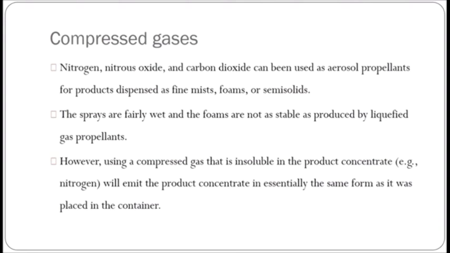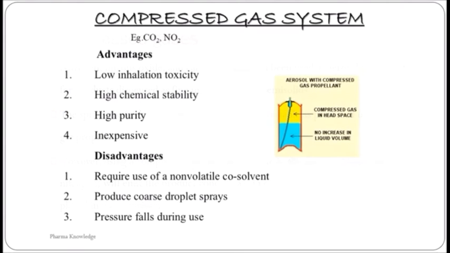The metered dose inhalers are for the nasal passage and also the respiratory airway. In the formulation of a pharmaceutical aerosol, the components are the product concentrate and the propellant. The product concentrate is the active ingredients, or a mixture of active ingredients, solvent, antioxidant and surfactants. And the aerosol may be dispensed as a fine mist, wet spray, stable foam, solid, semi-solid and quick breaking foam.